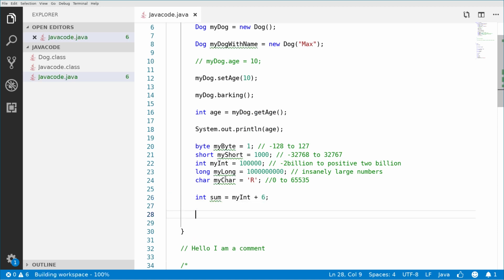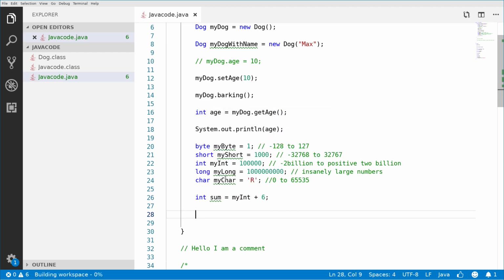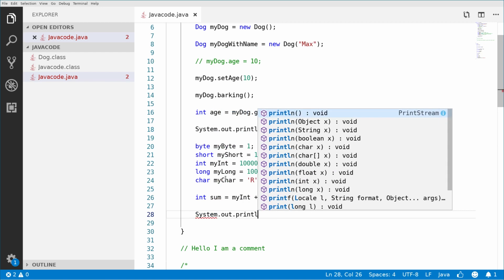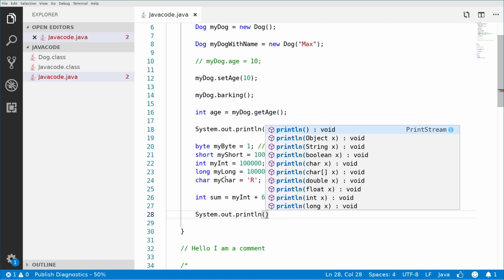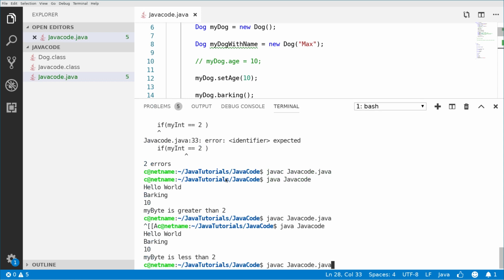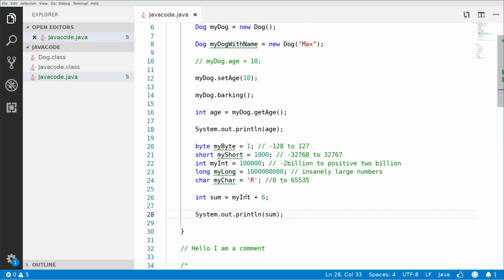Okay, so that's how I create an addition. And now if I want to print this, I'm gonna say System.out.println. Okay, I open this and I will print sum, right? So if I go ahead and compile this and then run it, it says the number of integer, which was 100,000, it now is 100,006 because I have added 6.